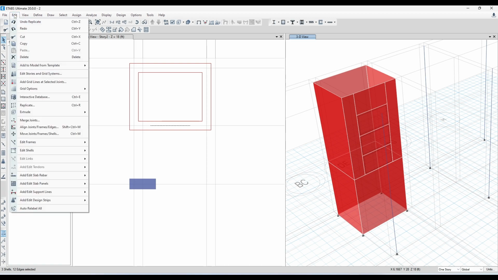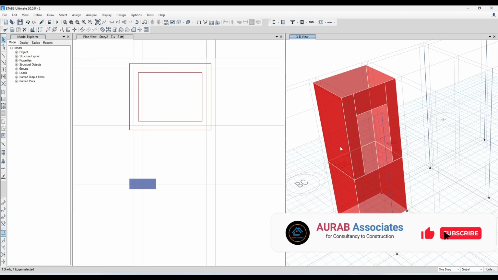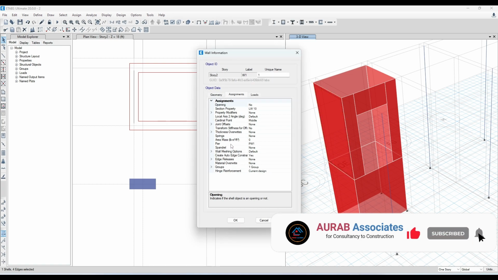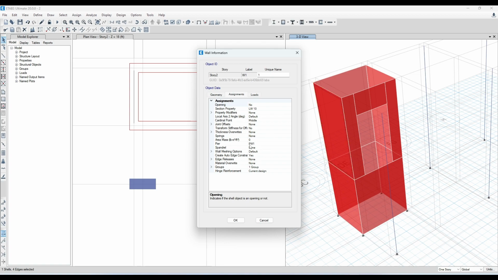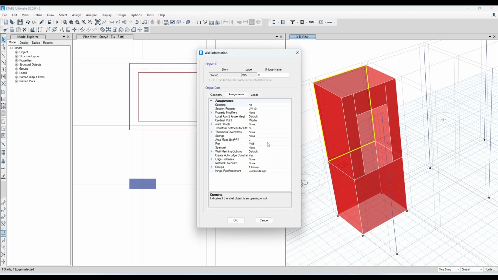Okay, edit, delete. Now see here, if we select any of the shear wall, pier ID has been provided by ETABS automatically. That means PW1 for this one, PW1 for this one, PW3 for this one, PW5.